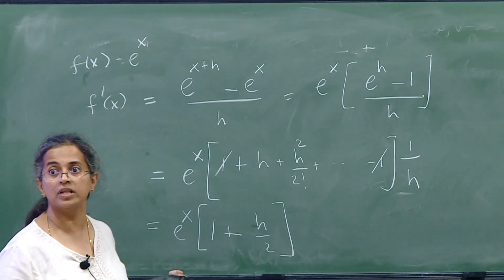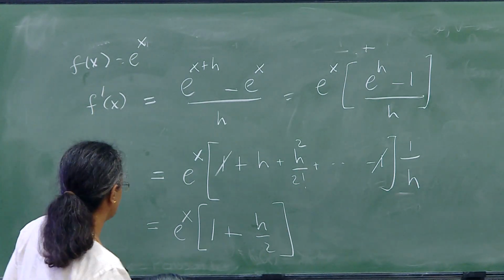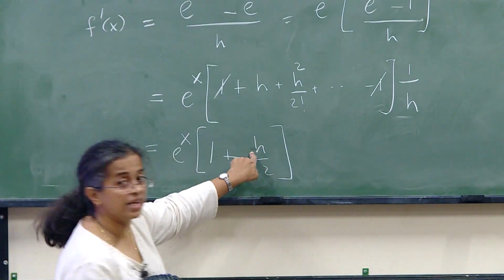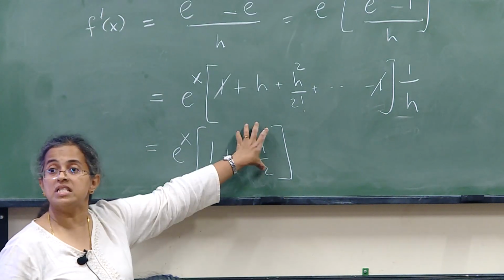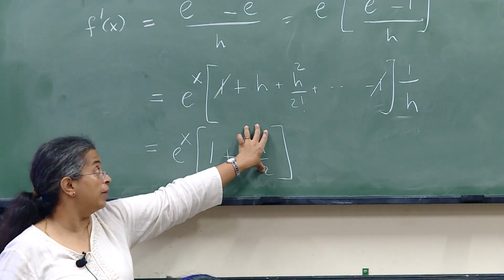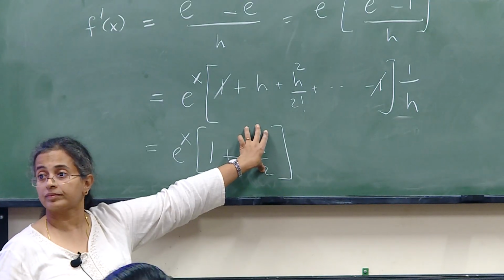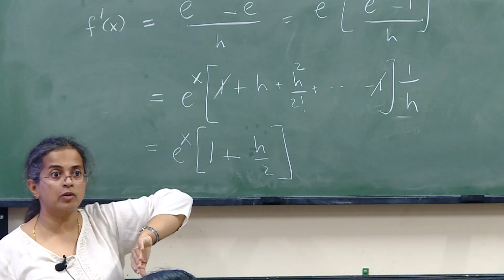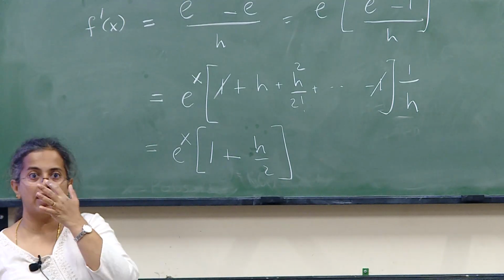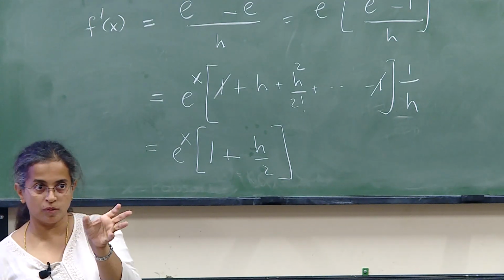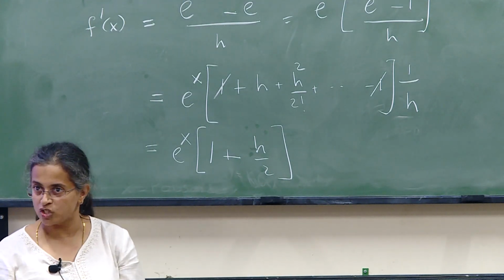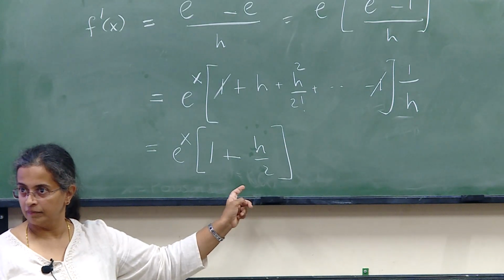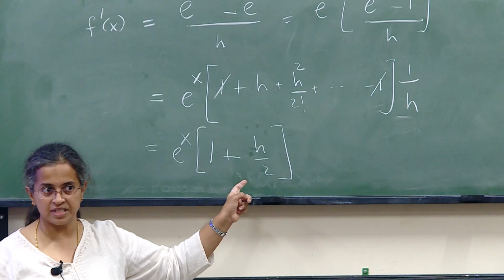The derivative is e to the x no matter what x I evaluate it at, isn't it? But there is an h which is different from 0. So this tells me that I have an error of order h. This is true for both forward and backward difference because I really don't care about the sign, whether it's a plus h or a minus h. I'm only interested in the magnitude. And this is the difference I have to deal with. This difference comes from the algorithm itself.